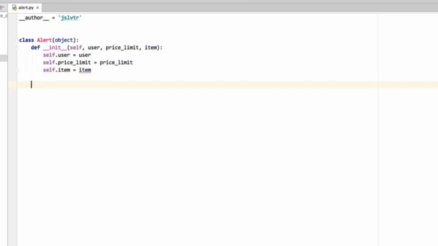Okay, now another good practice when creating these objects is to define what they look like if they were printed out to the user using the print method. So essentially, what is their string representation? And that is the __repr__ method. And this simply has to return a string. So what I'm going to do is return an alert for user on item